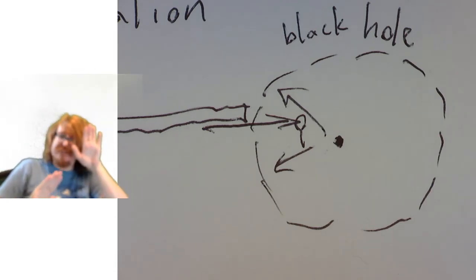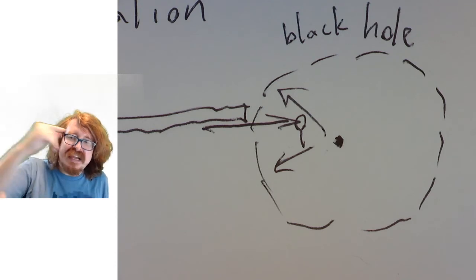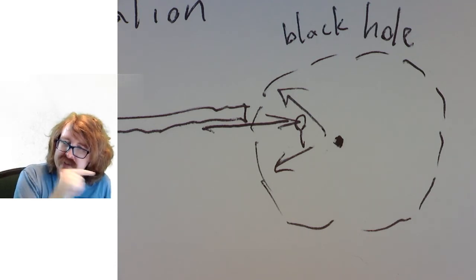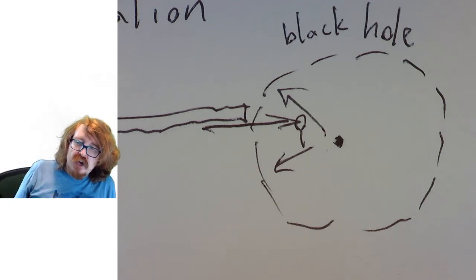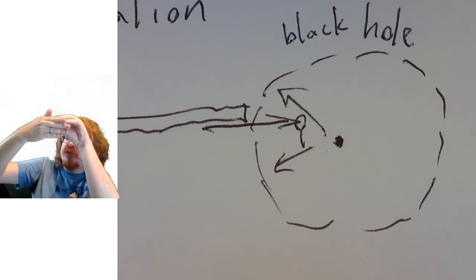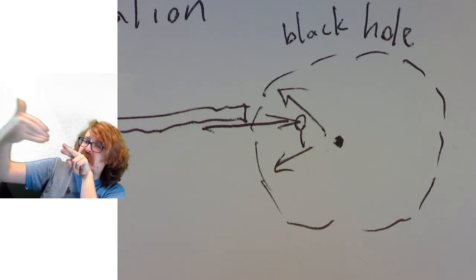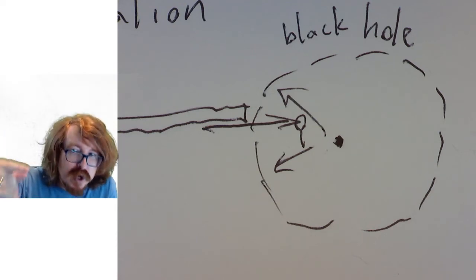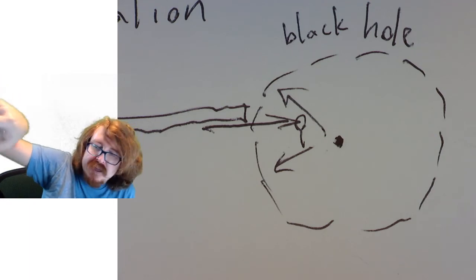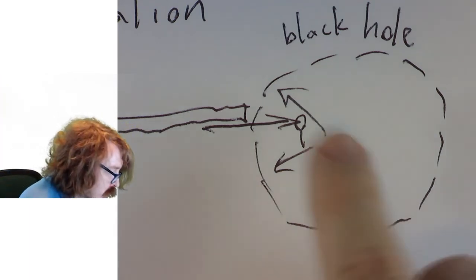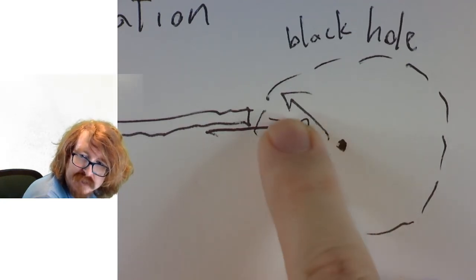I'm zooming. Come on, focus. There we go. There's no restriction on going in. He was able to go in. Light's able to go in. It just can't leave. So if he goes in the event horizon, he won't even know he went in because light is still coming in from outside. He would be able to see out, away from the black hole. If he turned around and tried to look at the black hole, he wouldn't be able to see that because light can't go this way.